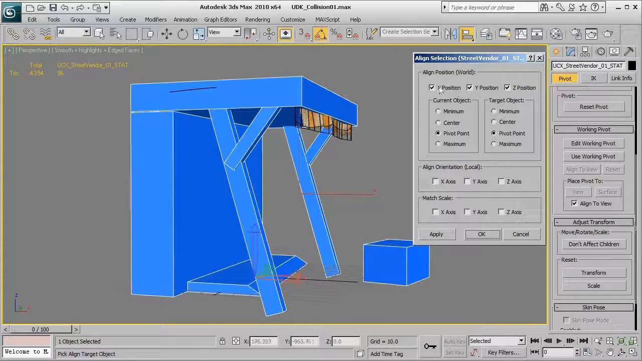So you want to make sure that you have XYZ selected and you have pivot point on both of the objects. If it's center, minimum, or anything else, it's not going to work correctly. So make sure you set that pivot point, XYZ, and that's saying, hey, align the collision meshes pivot point to the selected object pivot point, which is our original prop. And so go ahead and hit